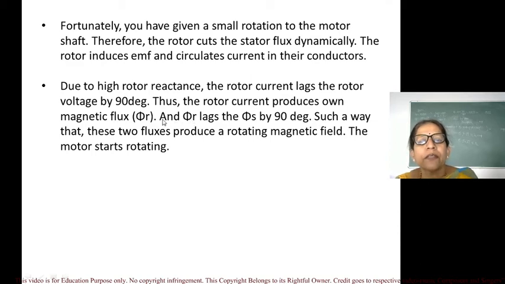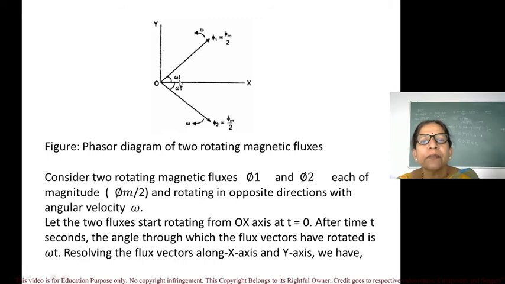But if we are given some push, in that case, now the flux which is produced in the rotor will lag the stator flux by 90 degree phase angle, and in that case naturally it will be having a combination of two fluxes, and when we are having two different fluxes acting in the same gap with some phase angle difference, it will produce a rotating magnetic field, and once the stator produces a rotating magnetic field, this field will produce a torque which will make the motor self-rotating. So, same thing I have explained here in this diagram.